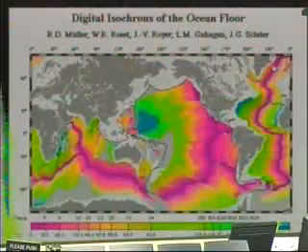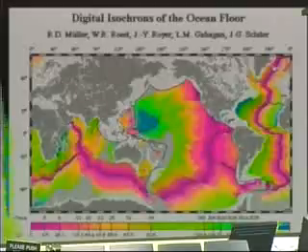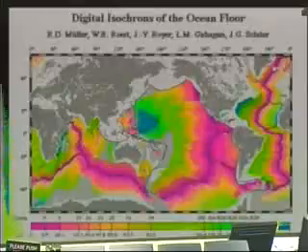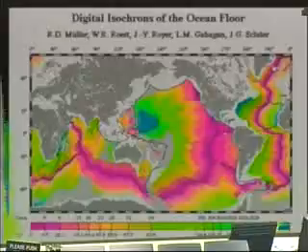Another thing we learned, besides the topography and shape that I'll come back to with this kind of picture later on, is that when we brought sediments back up from the ocean floor, we would age date them using fossils and other techniques. And it turned out that as we age dated the solid rock or the sediments, the youngest age stuff was right where those mountain ranges were on the sea.